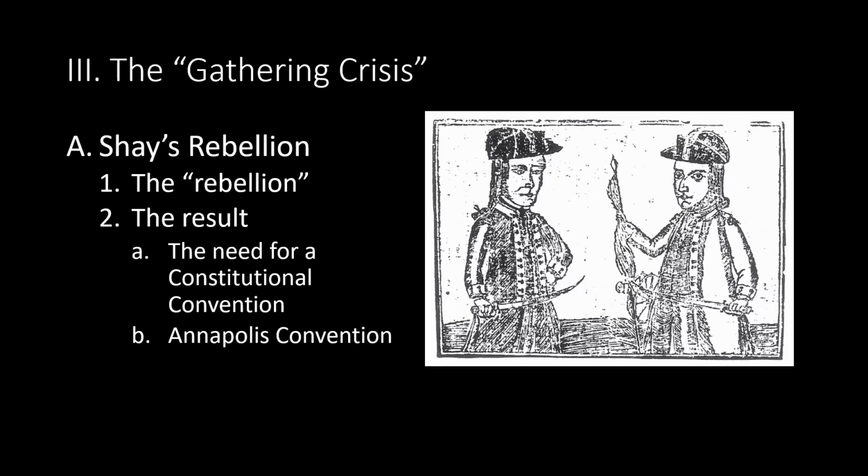By 1785, it was apparent that the Articles of Confederation needed to be strengthened, but a major stumbling point was that to amend them, unanimous support was needed in order to make an amendment. All 13 states, and usually the state that was the biggest pain in the neck, Rhode Island.